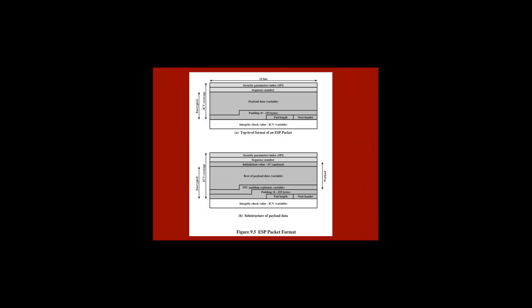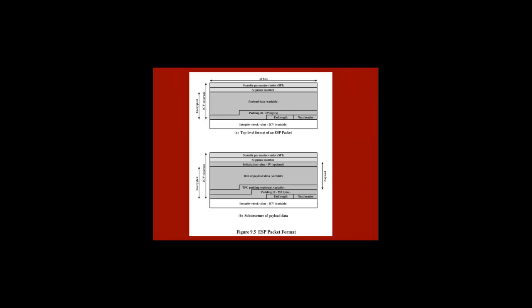So in this figure, it shows the top level format of an ESP packet. It contains the following fields: a security parameters index, which identifies a security association; a sequence number, an increased counter, which provides an anti-replay function, as discussed before for AH; payload data, which is a transport level segment for transport mode, or an IP packet for tunnel mode, that is protected by encryption. Then we have some padding, and then we have the length of the padding, and then